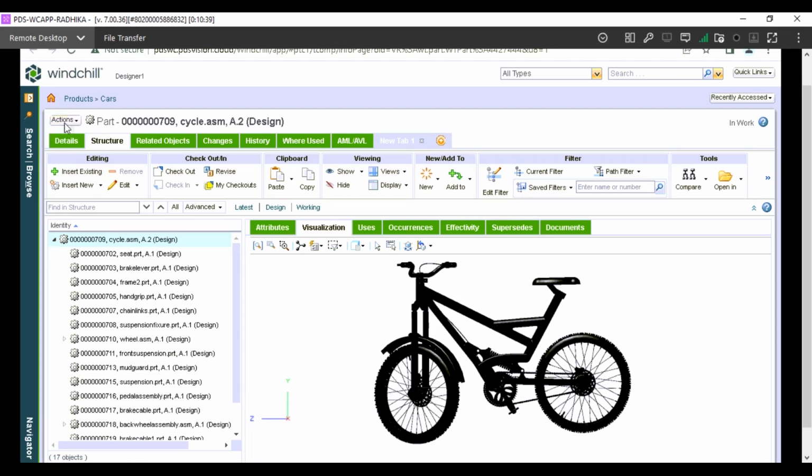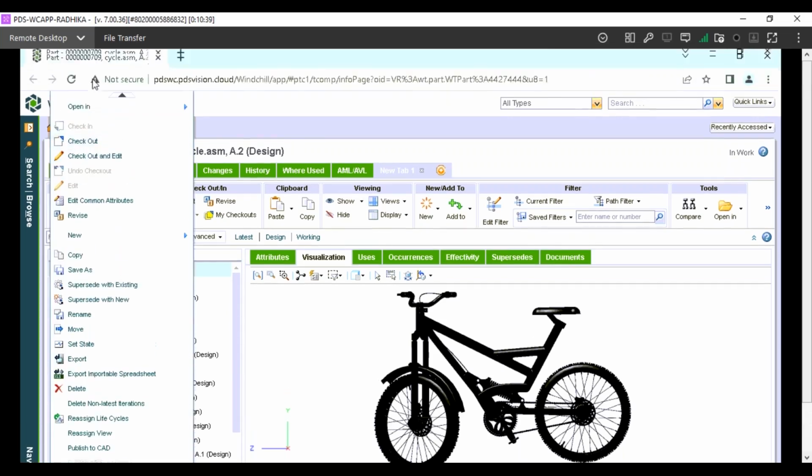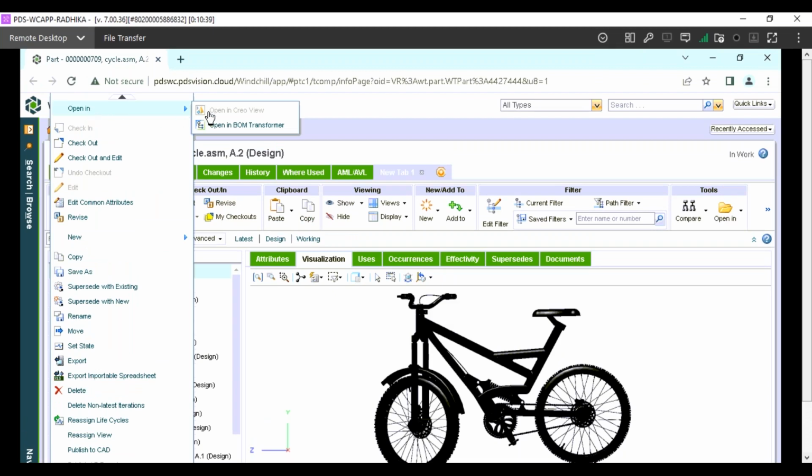The first step is that in the actions menu, you go to open in, and we have this option which says open in BOM transformer. Now, this is the option which is available when you have the MPMLink model inside Windchill. And this is the page which allows you to transform the E bill of material to M bill of material. So if I click on it,